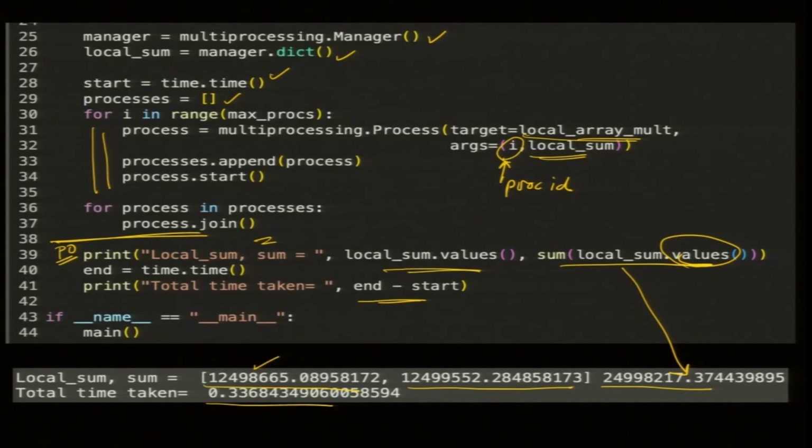There is a lot of overhead in multiprocessing. If the data size is big, maybe we will get a speed up, but we need to dig in. Right now I am showing you the syntax. Speed up we will discuss later. Values: a dictionary is not an array. A dictionary is a data structure and you have to pull values, so this is the syntax. I am not deep into dictionary, but that is how you pull it. Local sum is not an array, it is a dictionary.